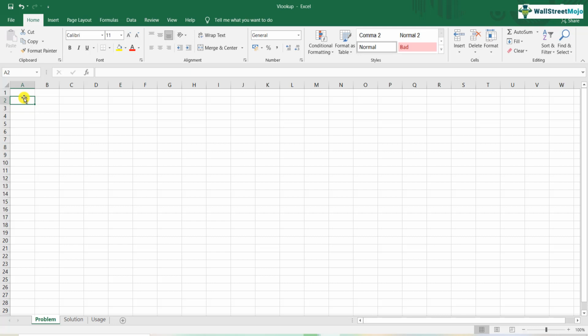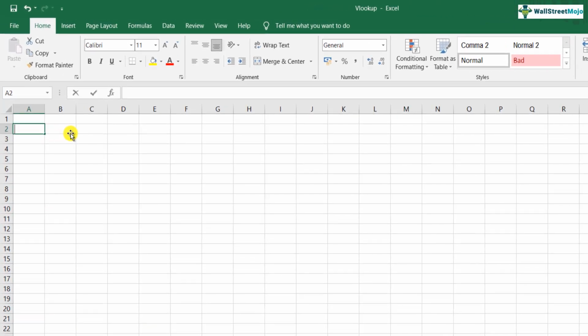For example, in the case of a company, a person will have an employee code. Say 100 is the person's employee code. So out of all the 10,000, maybe 20,000 employees, you want to find out this person whose employee code is 100, his particular CTC or email ID or which department he works in. But to do that, you cannot manually do it.